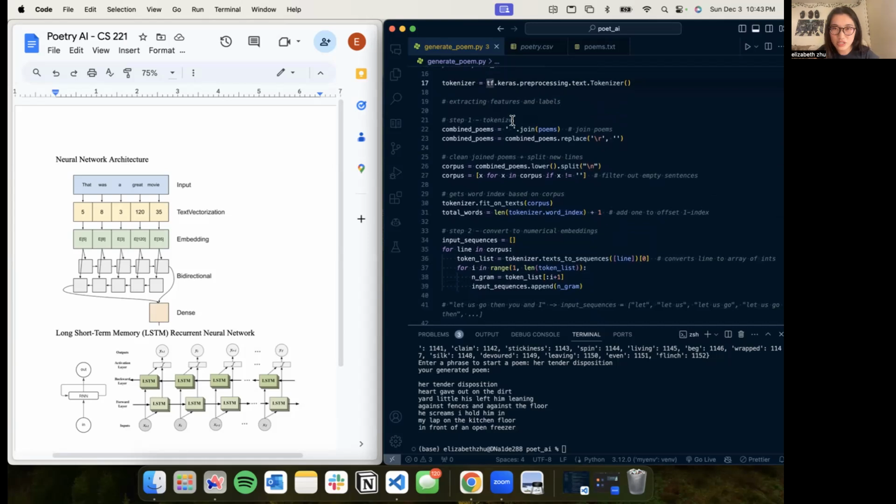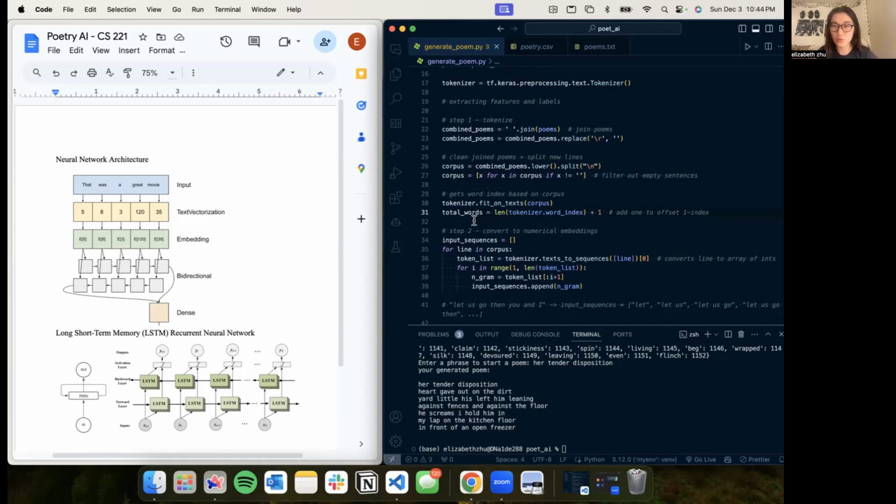And how this essentially works is that we first want to join the poems together. We're placing the /r. We want to produce this corpus of poems that is split, each poem split by the new line character. And eventually what that lets us do is fit the TensorFlow tokenizer function on this corpus of poems,